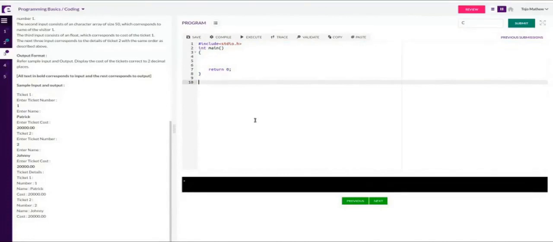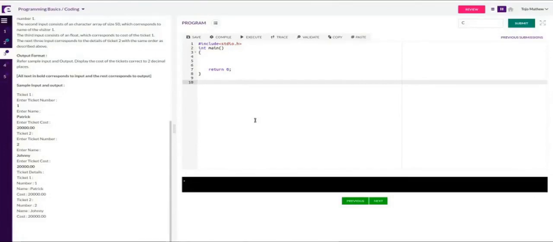The thing is that this problem is getting 100% on submission, right? Yes, sir. That is because when you are executing it, it shows terminated because it takes some time to enter. There is only 15 seconds or something allocated for this. So before that, if you are not able to enter the details of two persons, it gets terminated. In that case, if it is validating and on submission it is giving the correct answer, you don't need to worry about the execution part.